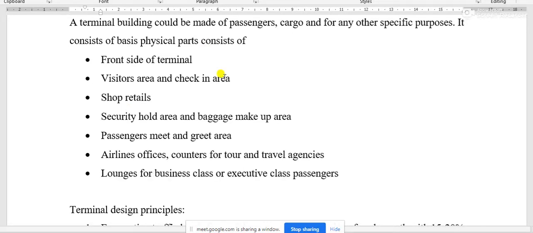Last but not the least, this part is the level of service, that is the lounges for business class and executive class passengers.